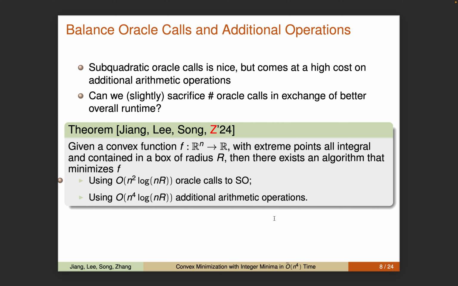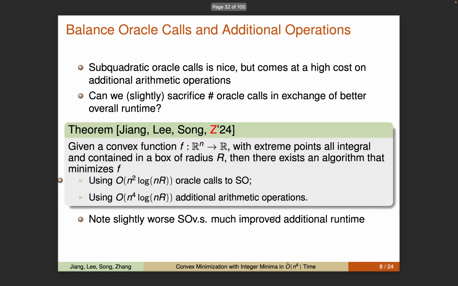Given a convex function f with all the extreme points integral and containing a box of radius r, we develop an algorithm that minimizes f using n squared times log n r oracle cost to the separation oracle and using only n to the fourth power times log n r additional arithmetic operations. Note that the number of oracle calls is slightly worse than the result by Zhang earlier, but